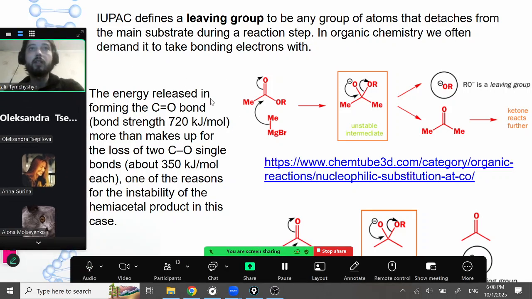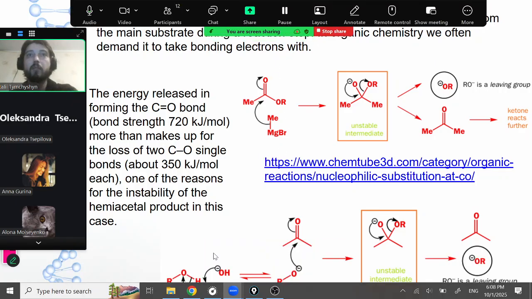So first, a little bit of terminology. We'll often be talking about so-called leaving groups. That's basically any group of atoms that detaches from the main substrate during a reaction step. In organic chemistry, we often demand that it take bonding electrons with it, but that may depend on the context or on the book that you are reading. Here is an example of this sort of reaction. Here you already see the arrow mechanism, and these arrows represent movement of the electrons. So this is basically an example of